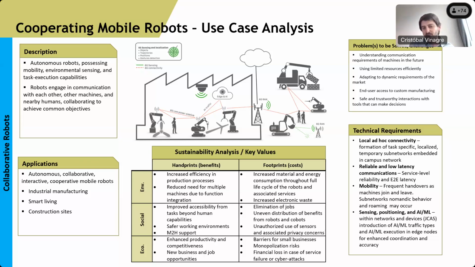AI and ML, which is also pivotal to the autonomy of the robots, while sensing and positioning capabilities help both in the operation itself and building more efficient ML algorithms. Next slide, please. So then,